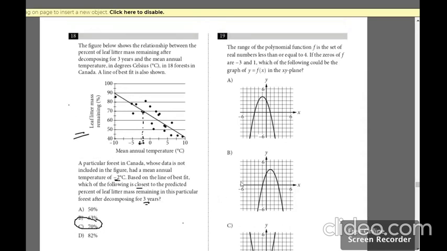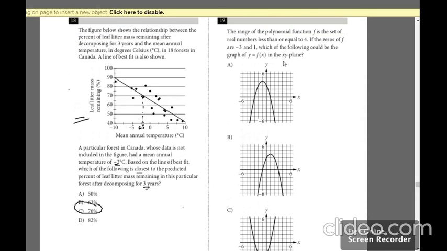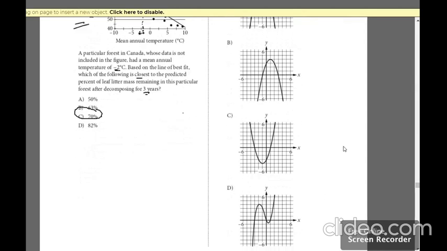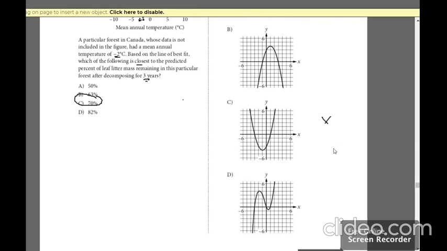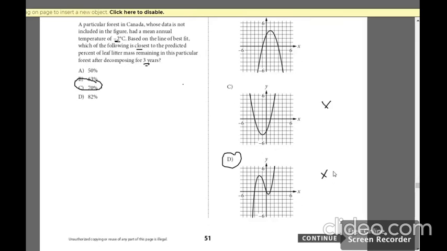That's the answer. Moving on to the next question, 19. It's about a graph, quadratic, so parabolic only. We've got two zeros given, that is -3 and 1, and the graph, real number less than or equal to 4, means it will go downwards, it will open down, not up. So C and D, C is opening up, so it's not there. As well as D, because it's a cubic one, it wouldn't be the answer.